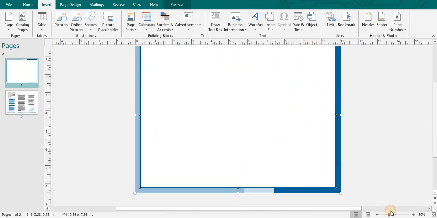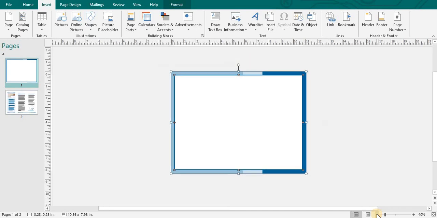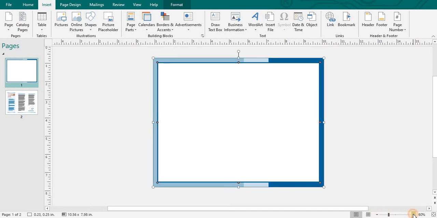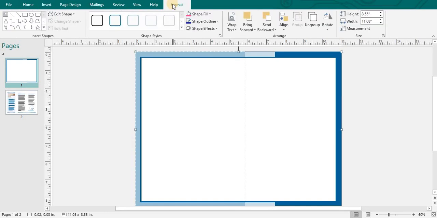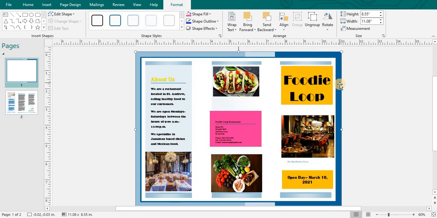So I'm just expanding it. Let me zoom out a bit. I've expanded the brochure border, and then from here I'm going to be clicking off and then back onto that border, and the section that says format, I'm clicking on that, and then under the arrange section I'm clicking on the arrow that says send backward and click on send to back. So this is now at the back of the page, and as you can see, our page now has an